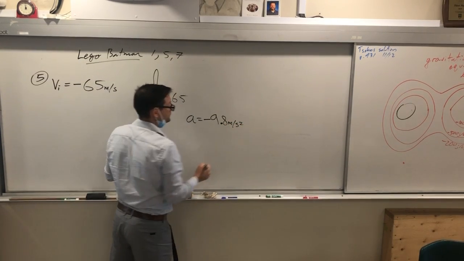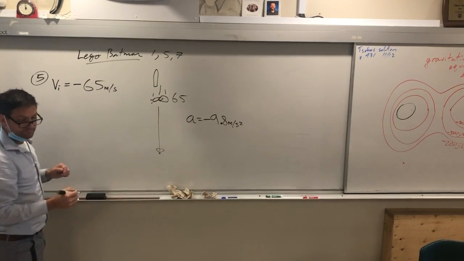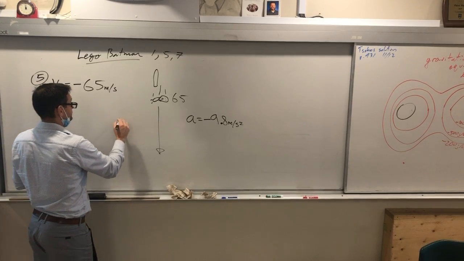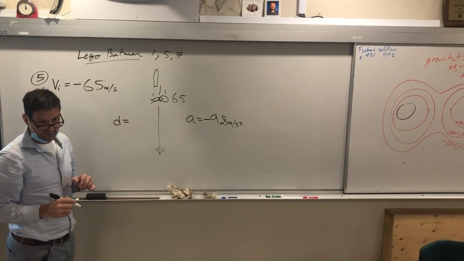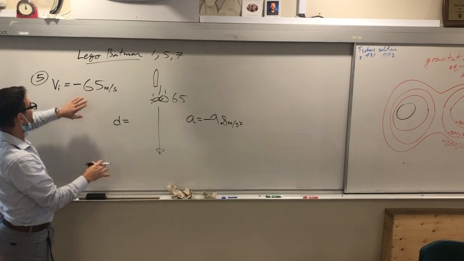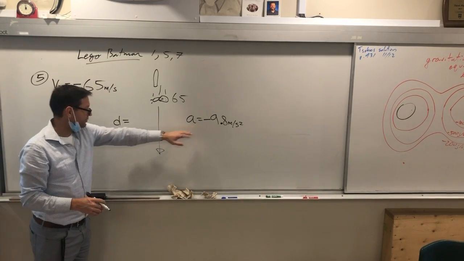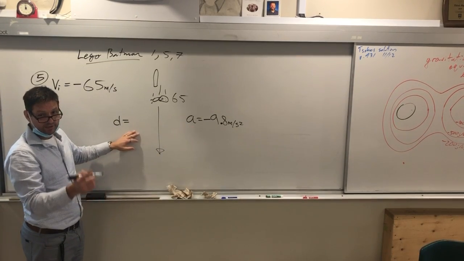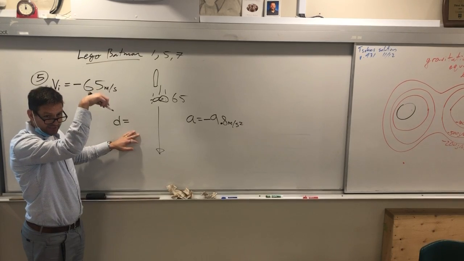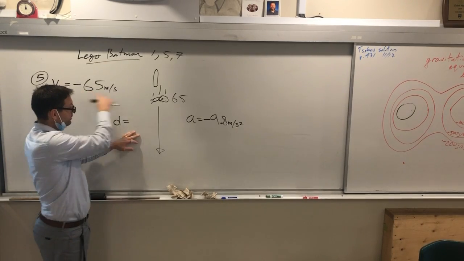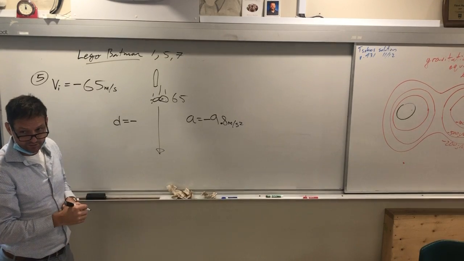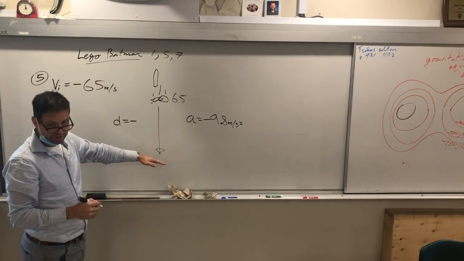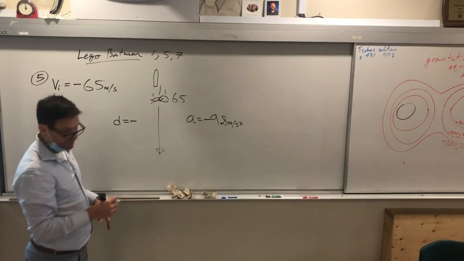Yes, Izzy? If we did everything positive, does that mean our acceleration needs to be positive? Yes, that is correct. If you do everything positive, the VI is positive, the acceleration is positive, and the displacement is positive. If you say down is negative, all of these are downwards, so the displacement must be negative as well. He's going to end up lower than where he started, and that's 212